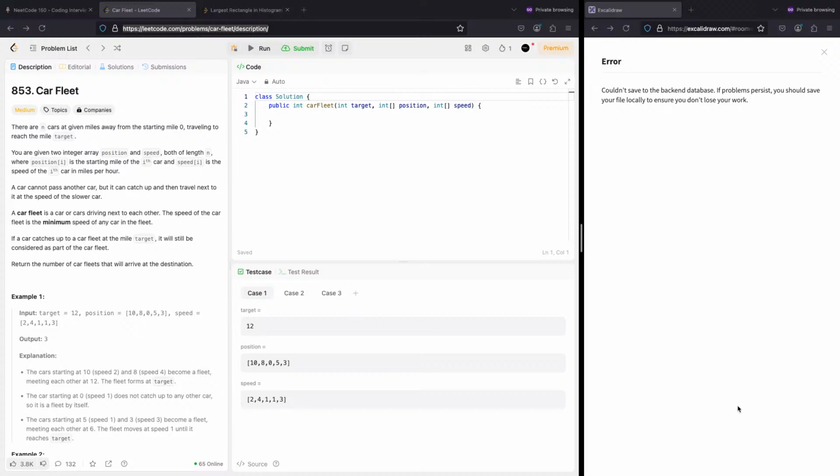If I sort them according to the position, this one will travel one distance, this will travel 3. The point to think about here is